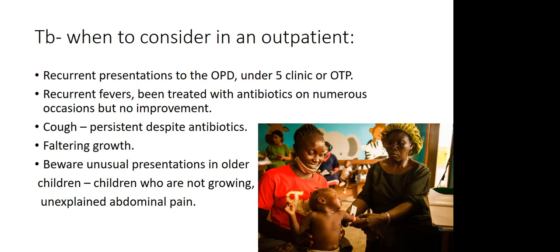Other thing as well, recurrent fevers. Really, if you see a child who keeps having a cough and fever, you can give them antibiotics maybe twice, but beyond that, you don't want to just keep giving them antibiotic syrup. You want to start some investigations. So maybe getting a chest x-ray or some other kind of test is a good idea. And this other thing I was saying, faltering growth. So even a child who maybe is not even on the nutrition program, but the mom says the body is getting dry. When he first came, he was very fat, and now his weight is just going down. That should also make you think.